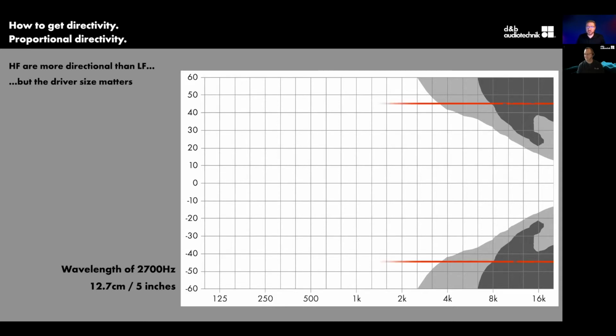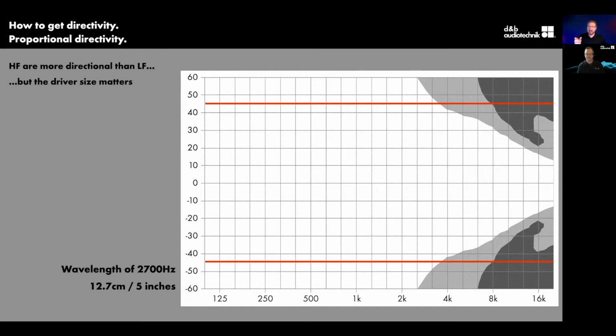And if I put in 2 lines representing 45 degrees off axis in each direction, or 90 degrees of coverage, this is the point where we will say that the loudspeaker will continue to widen out. It will no longer have the possibility of becoming directional. It's only going to go omnidirectional.